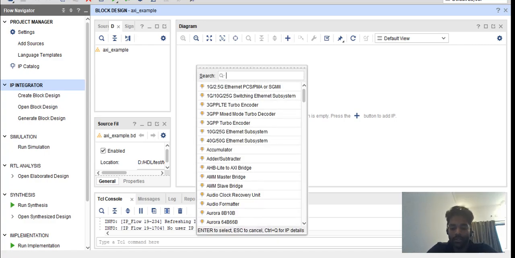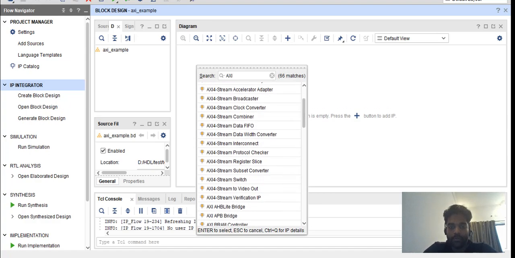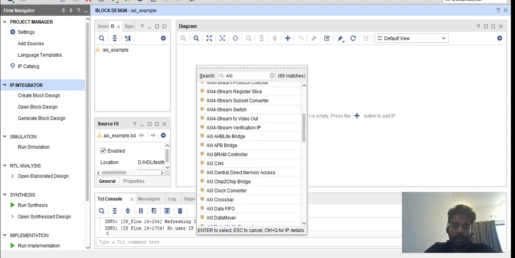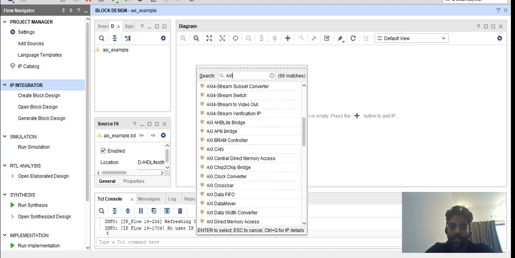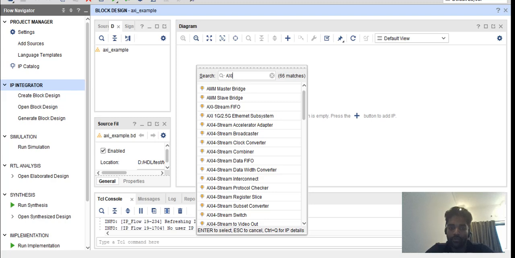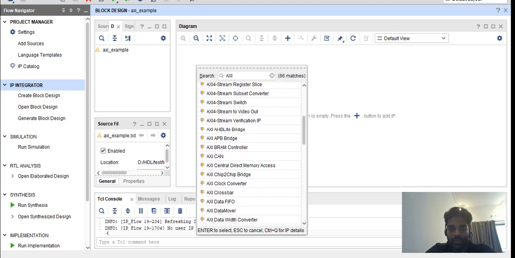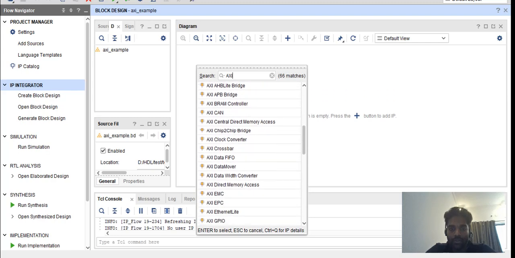If you look into this, we have many AXI based IPs here. So AXI stream and the AXI memory map. The channel we saw mainly for the AXI memory map. AXI stream is the low features, and this is only for the data streaming, which doesn't have the many features like the AXI memory map. So you can pick up any of the IPs and you can see the different interfaces are available there. And AXI BRAM controller, and